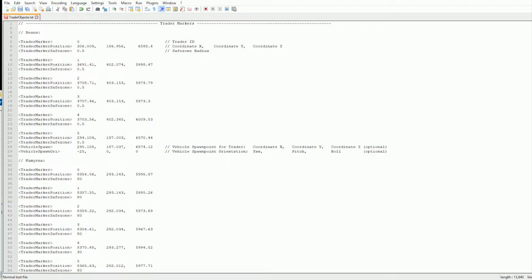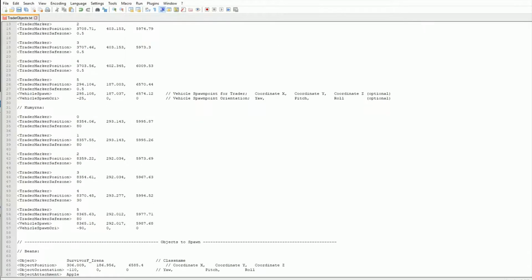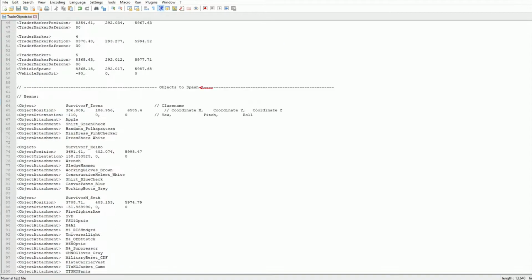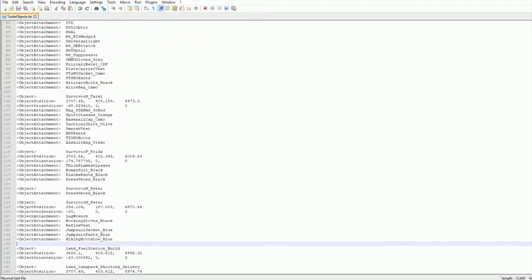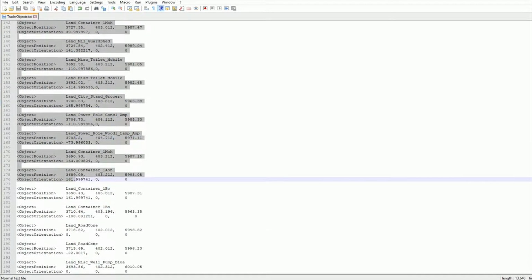Now that we've got our position set for both of our traders here, for the regular trader and the vehicle trader, and we have our vehicle spawn orientation set, along with the spawn orientation itself, which way they're facing, and we have the same inputs down here. Now all this stuff in the object spawn below here, like the land fuel station build, we can just take all this and highlight it,